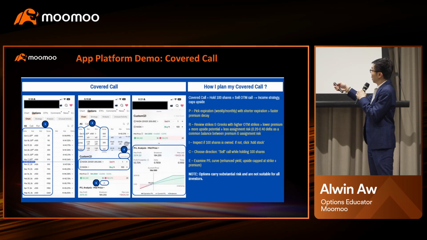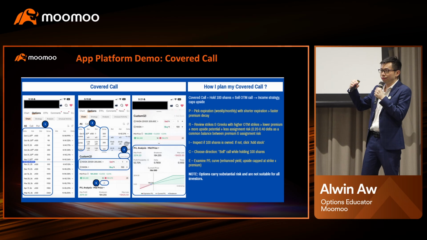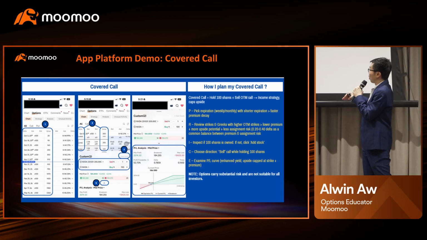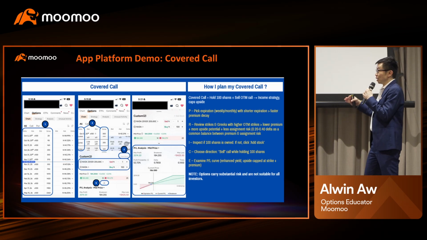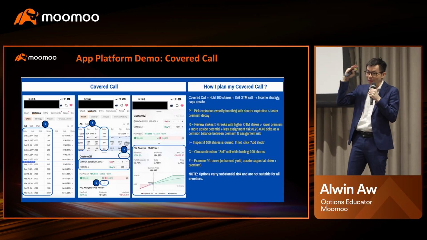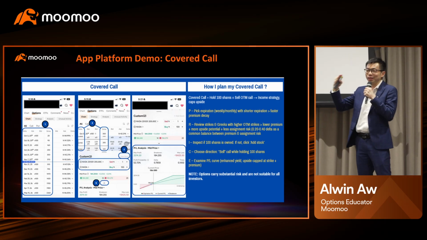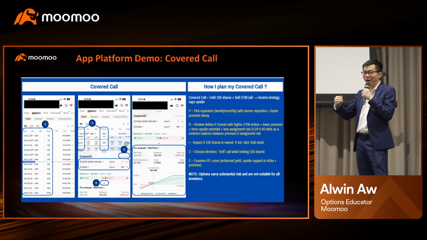Next one. So if you want to do it on the app, for those who missed the previous session, this is the covered call step by step. I like to use a process map as well. The process map is a 5-step process map, called the PRICE. So go home, I hope you can remember and repeat the process, and think through it and understand this is option trading.